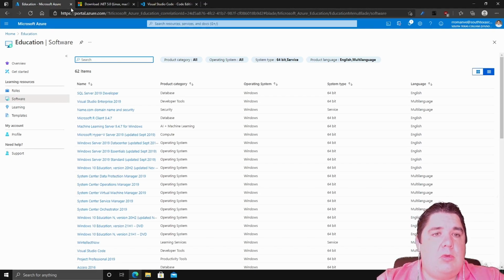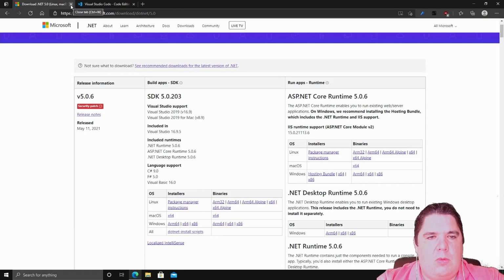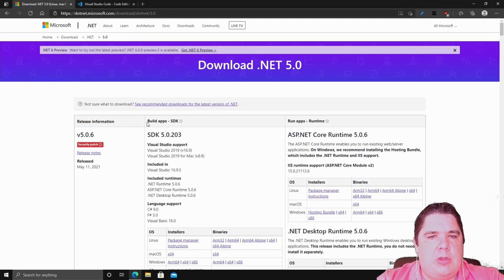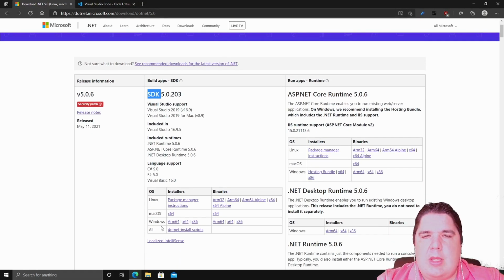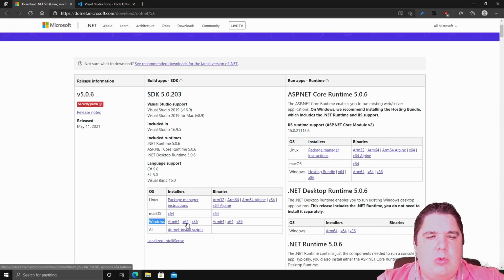The way that I want to guide you through this video, in reality, is how to install the .NET 5 SDK on a Windows computer. And the process is really simple. All those links I'm going to put in the description, but right now here we just go through the process. We're going to select Windows, and we're going to select x64 if you're using an Intel or AMD processor. We just get that one,